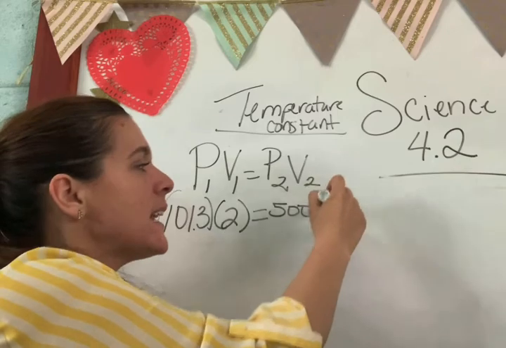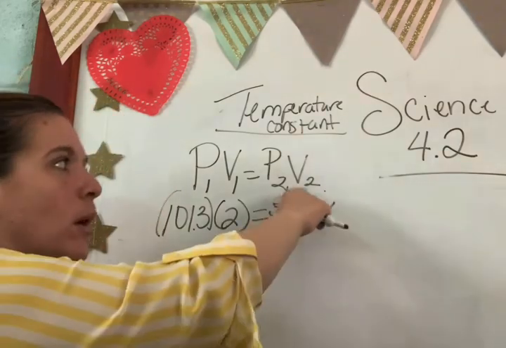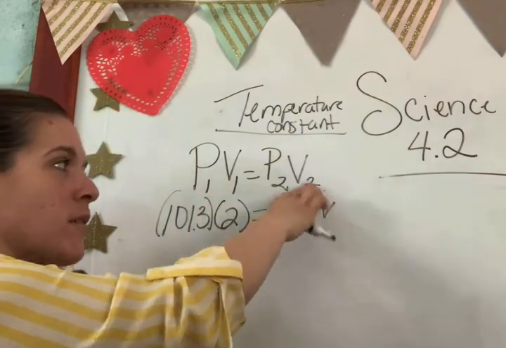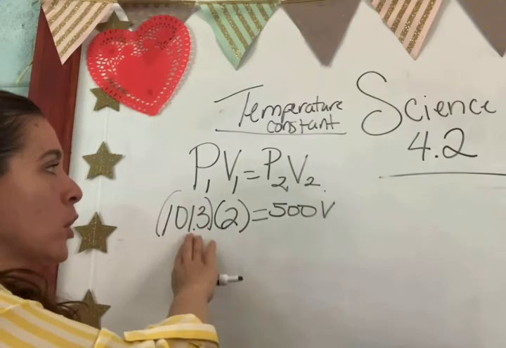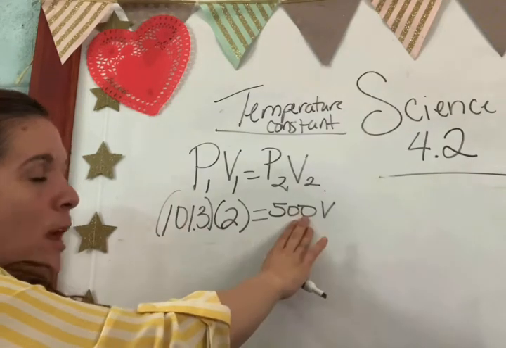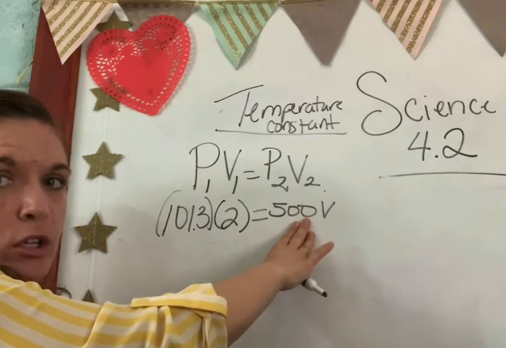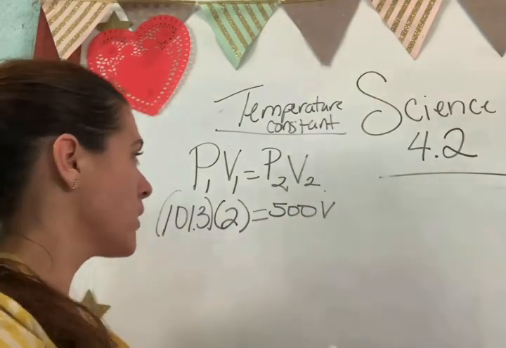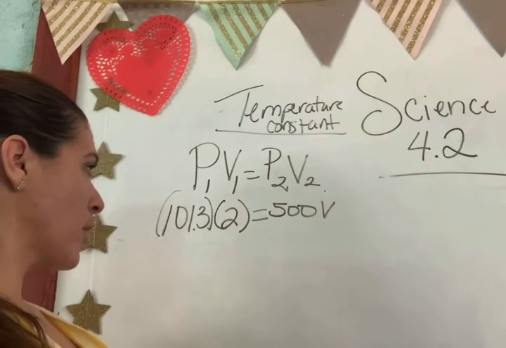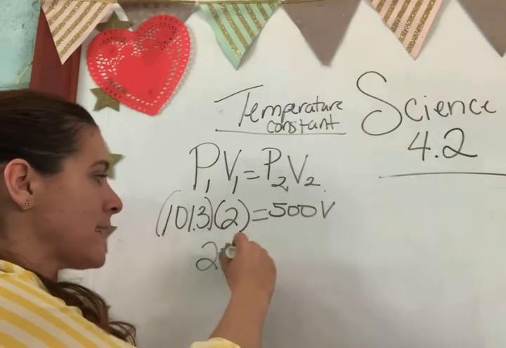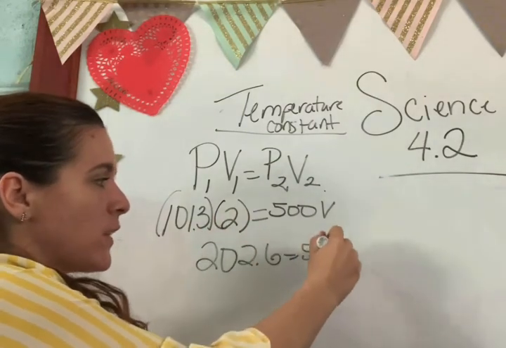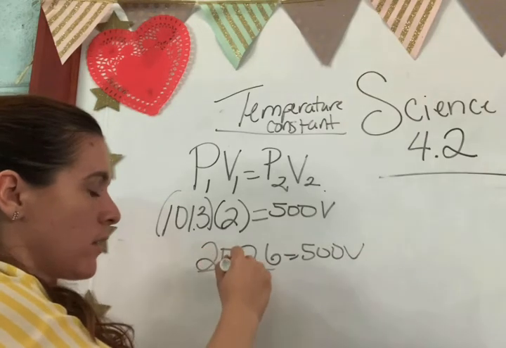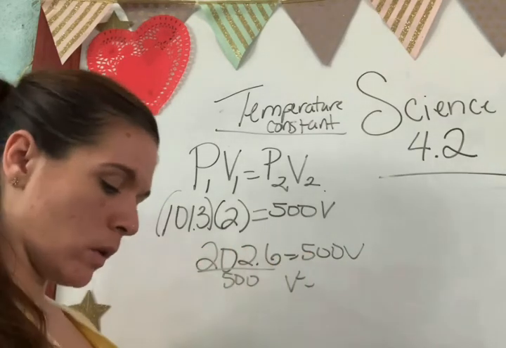Okay, guys, if we're going to increase the pressure, this is not squared or anything like that, it's just P and V, and we're solving for the second volume. Look what happens. We increase pressure, so what should happen to our volume? It should go down. So let's check and make sure that we get it right. We have 101.3 times 2 is 202.6 equals 500 V. So then we're going to divide off the 500, and V equals